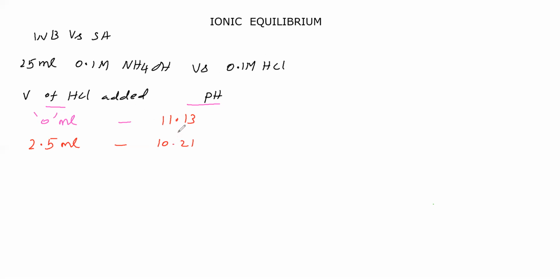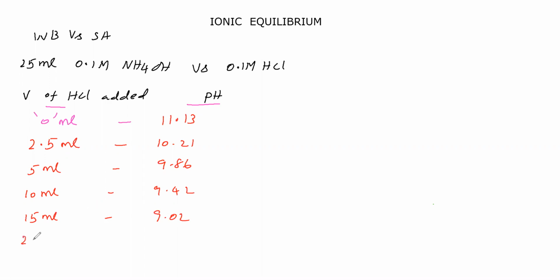Okay, sir, we will continue adding HCl. So we have reached 5 ml in the burette. Now the pH is getting reduced to 9.86. Then 10 ml, totally 10 ml of HCl is added. Now the pH of the conical flask solution is 9.52. Then, further continuing, we added a total of 15 ml of HCl. Now the pH of the resultant solution is 9.02.